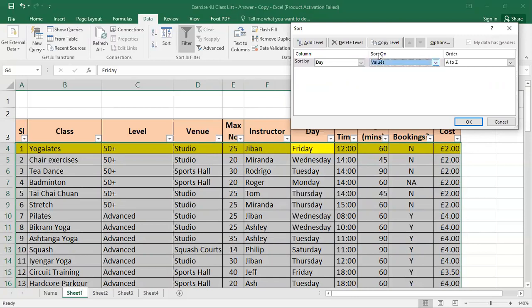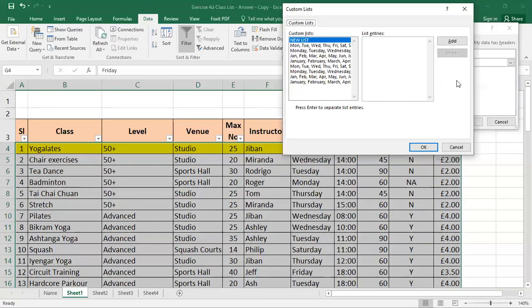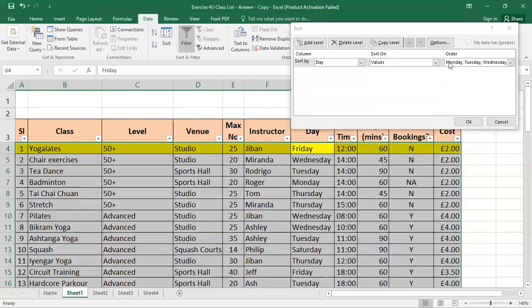So we just sort on values, and right now order, not order A to Z, but we can choose the custom list here, and from this custom list we can select Monday, Tuesday, Wednesday, whatever it is. So right now we just select OK, and I click OK here.